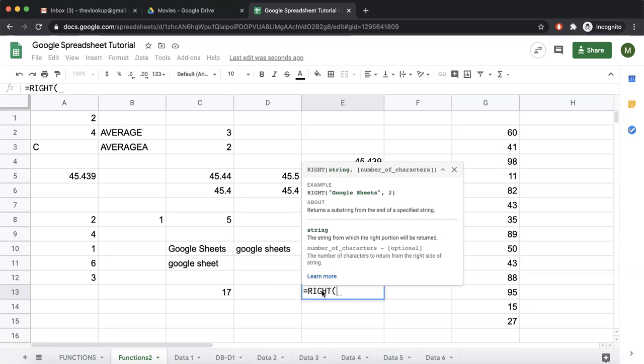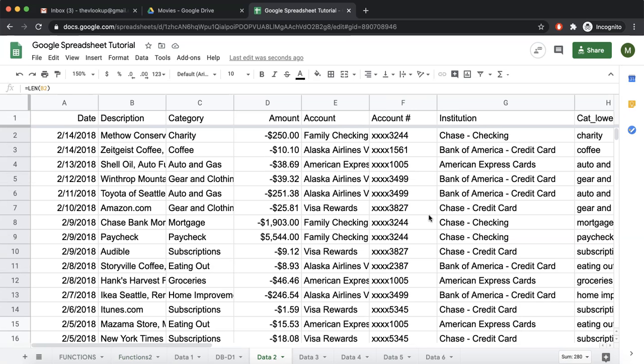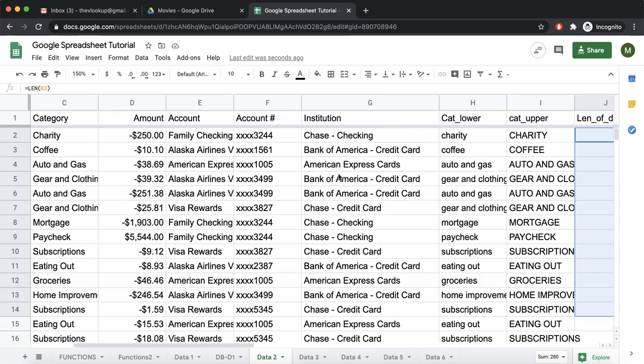Equal to right of this comma 4 gives you EETS, which is the 4 characters from the right. So left gives you a certain number of characters from the left, and right gives you a certain number of characters from the right. If we want to implement this here, you see this account number, everything except the last 4 digits is visible and the rest they have marked by XXXX.